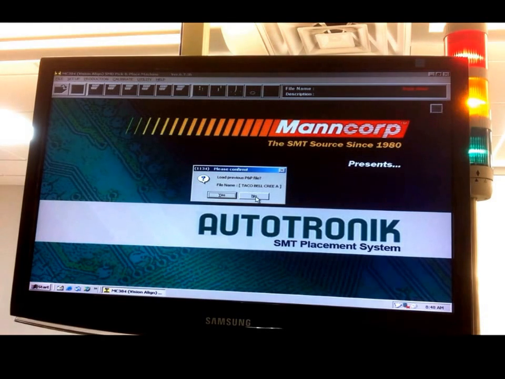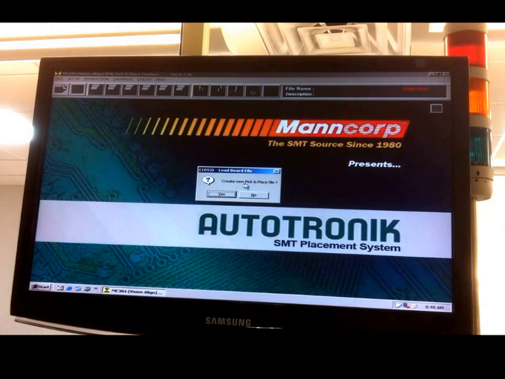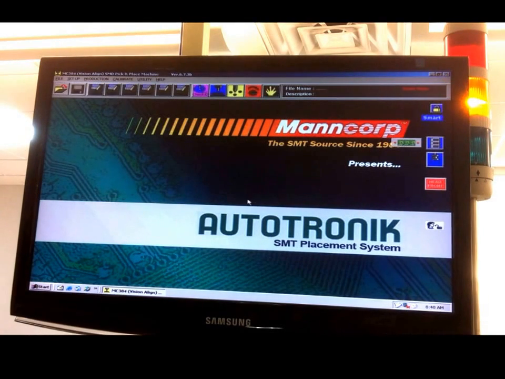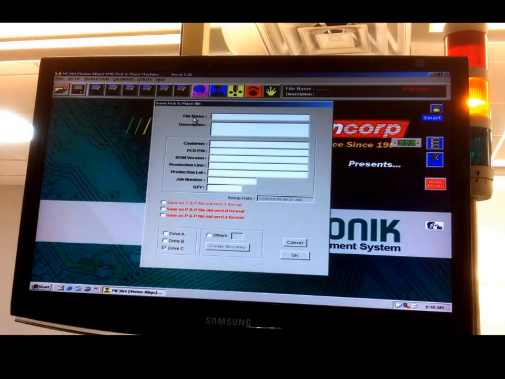Okay, you say no for load previous PSP file, and then cancel. It's going to ask if you want to create a new pick and place file. Say yes, so you're in the new pick and place file now. If you want to give a file name, save it and give a file name. I'm doing Taco Bell today, so I'm going to give Taco Bell,